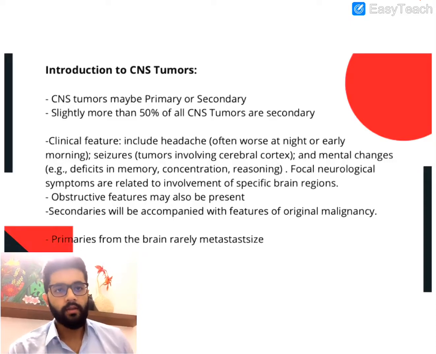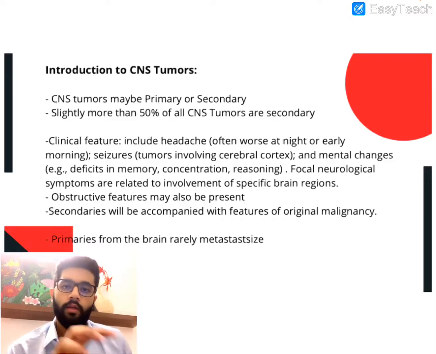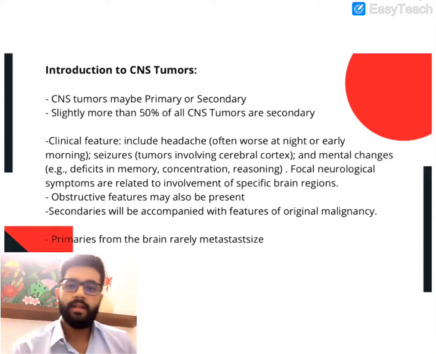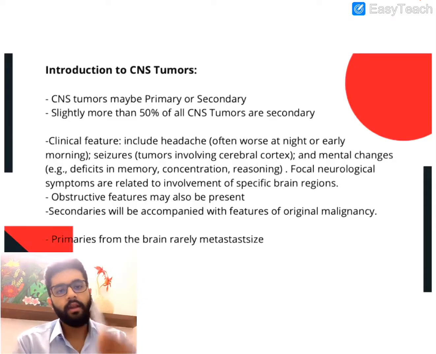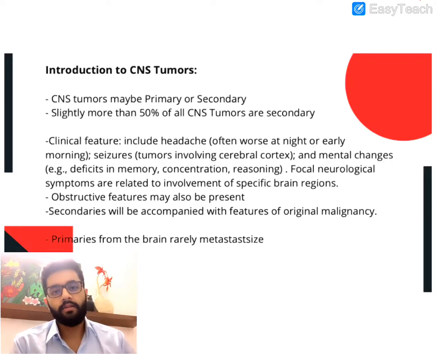So let's get started. Firstly, CNS tumors may either be primary or secondary. Primary CNS tumors are those tumors that arise from the cells of the CNS, which are either the neurons or the neuroglia, sometimes even the meninges. And secondary CNS tumors are those tumors in the CNS that metastasize from another site. So another malignancy metastasizes and spreads to the CNS. It's important to remember that these secondary tumors are more common in the CNS than the primary tumors of the